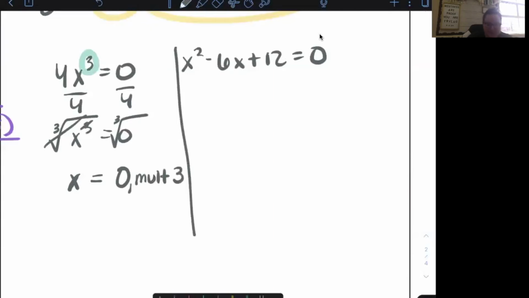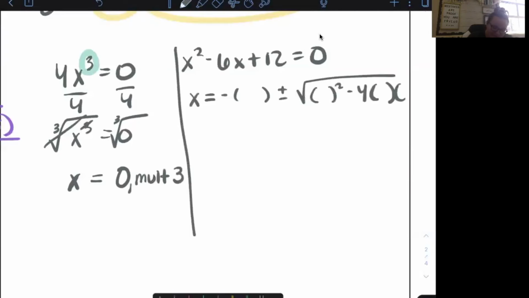Now we need to deal with this. It's not factorable, so I'm going to plug it into the quadratic formula. x is equal to the negative of b plus or minus the square root of b squared minus 4 times a times c, all over 2a. Hopefully you plugged it in correctly. Let's see, the negative of negative 6, squared, negative 4 times